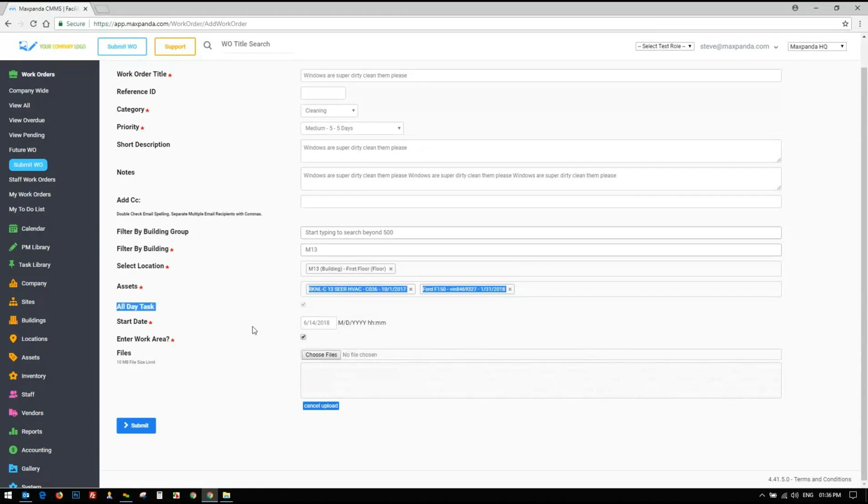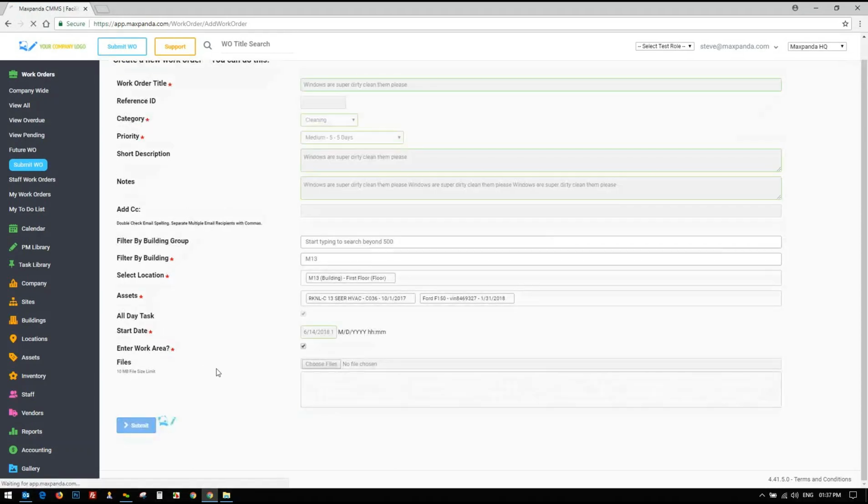The submitter would not be able to edit this information here, like all day task, or can they enter the work area or not. I can take a picture of the dirty window and attach it to this work order. So when you're ready to approve it, you're going to see how dirty they are, and you're going to escalate the job to 24 hours. So let's submit the work order now,